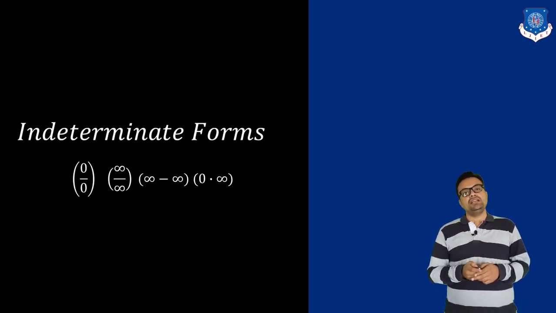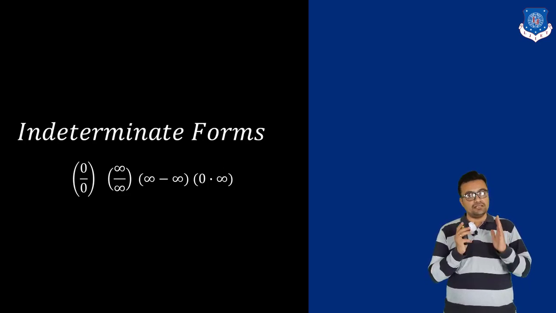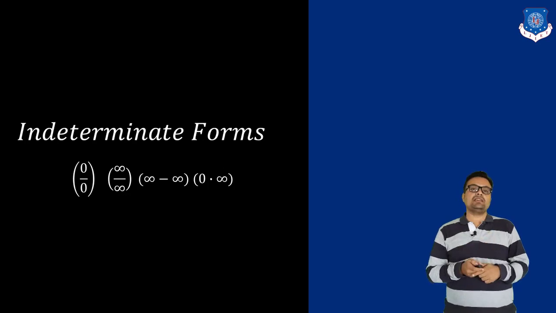The same thing will happen if we are dealing with something like infinity minus infinity. Infinity minus infinity, it is logically infinity again. But we need to check what is happening in the case of the limit. Finally, what will happen to 0 into infinity? We know that 0 into any finite number is 0. But still, the question is what will happen to 0 into infinity? We'll discuss all these 4 cases with examples.